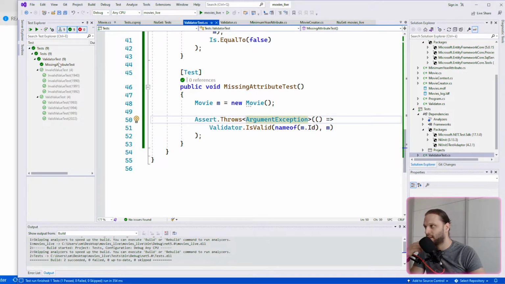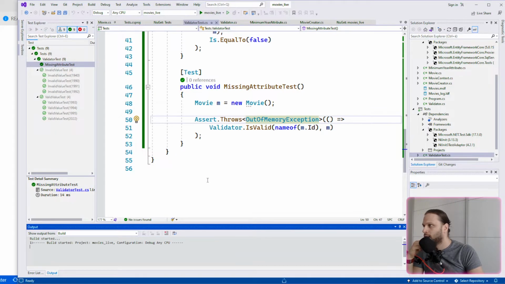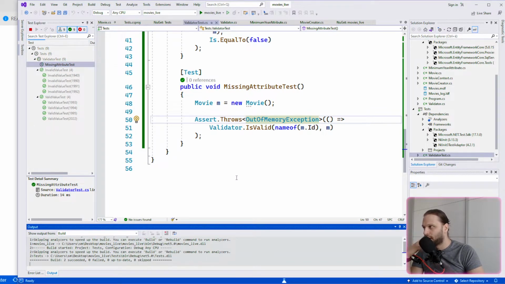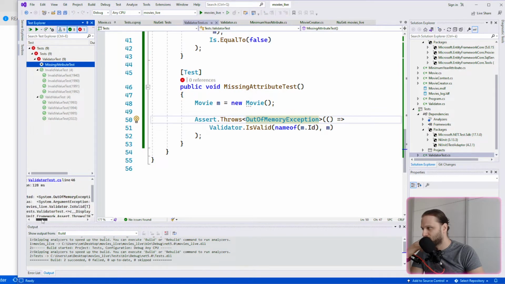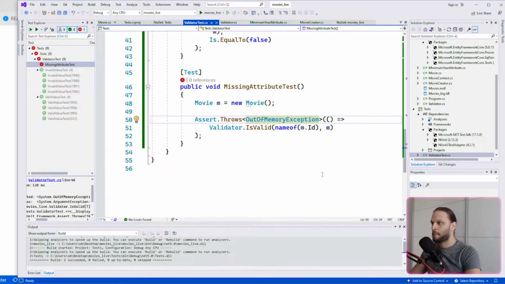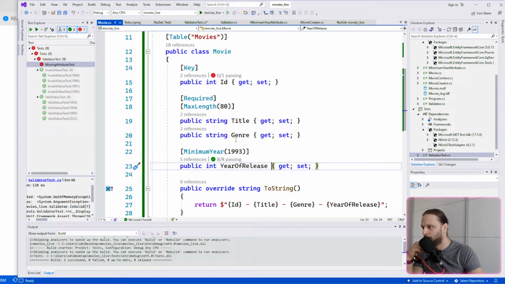So we can see here that this is fine. If I check for something else, out of memory exception, we can see that it will throw another type of exception, so it won't be okay. You can see here that expected out of range exception, but it was argument exception. Okay, and if we check it for something else, so for example, in the movie, we have the